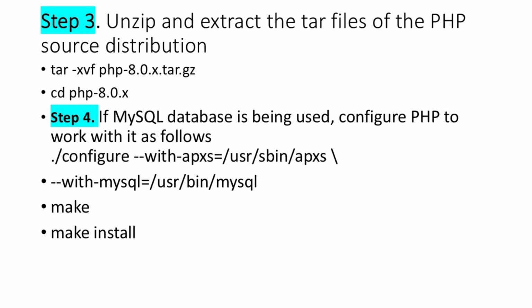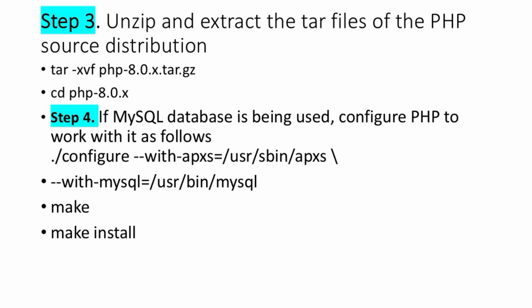smoothly. Once configuration is complete, compile the source code using the make command, and then finalize the installation with make install. The make command will build PHP from the source files, and make install will copy all necessary PHP components to their correct directories so that Apache can execute PHP scripts. After these steps, your Linux or Unix system will have both Apache and PHP properly installed and configured, ready to